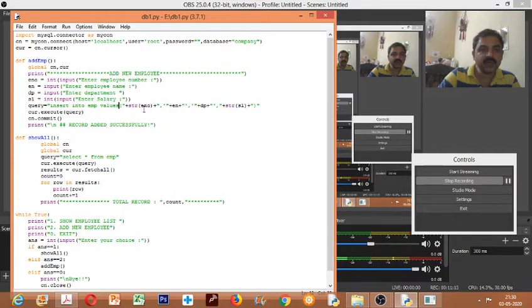Now I need to write this employee number. Employee number is eno. You see that before and after we have used the plus symbol and then the string open and close, or I can convert it into str. So everything we are passing is a string. Either you write str or you can use single inverted comma, single inverted comma. Within the single inverted commas you can have a double inverted comma, plus, and within that you use a variable.